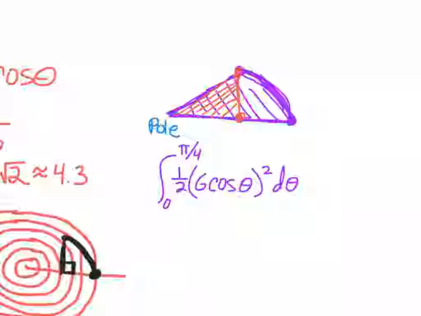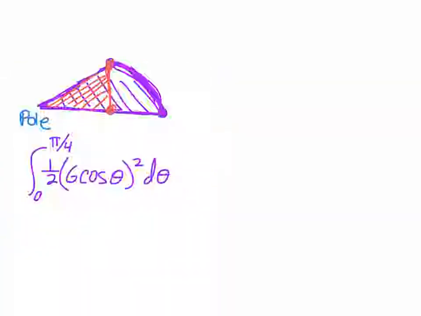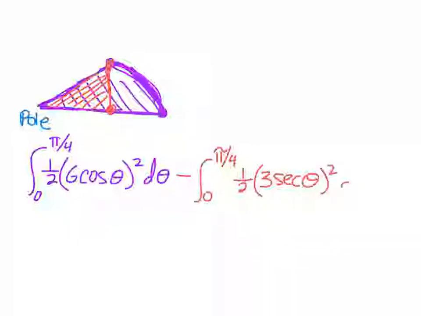So I would have to subtract from it the integral, also from 0 to pi over 4, 1/2 r squared d theta, what was that, 3 secant? D theta. All right. One thing that's important that you always have to keep in mind, and this goes to